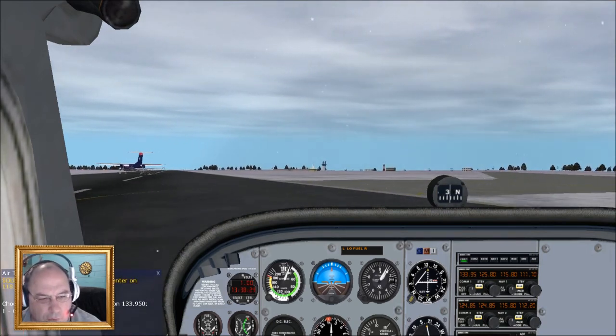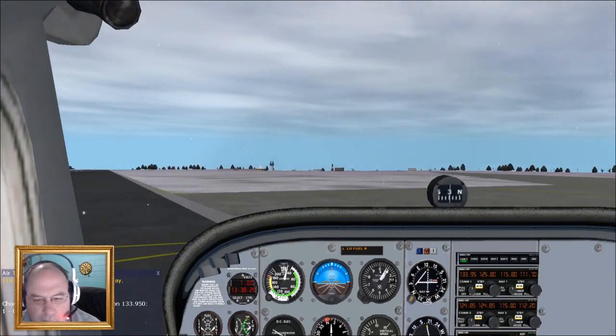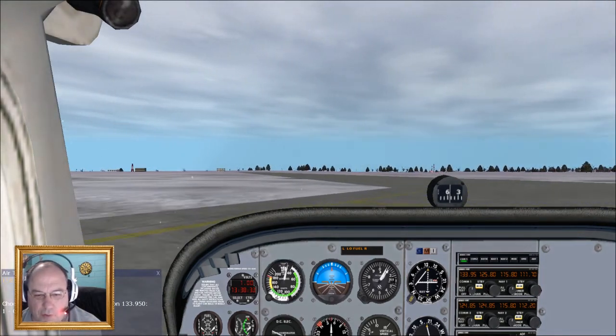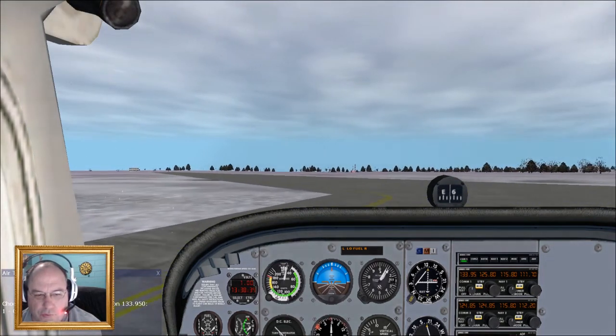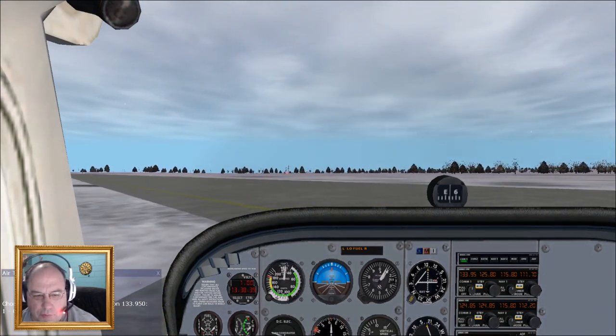Yeah, what's he doing there? 8.75, good day. That's not the only plane there. 1.75 for Southwest 1788, good day. Okay, well, we'll just leave them be. I don't know what they're doing, but